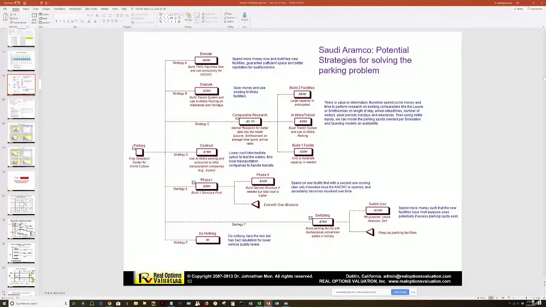We did a whole parking analysis for Saudi Aramco. Saudi Aramco is one of the highest revenue companies in the world that's privately held. One shareholder is the king of Saudi Arabia. What they wanted to do is open up a brand new museum that tries to rival the Smithsonian in Washington, D.C., and the Louvre in Paris. And they wanted to spend billions literally on this.